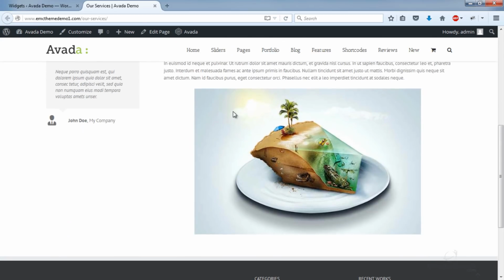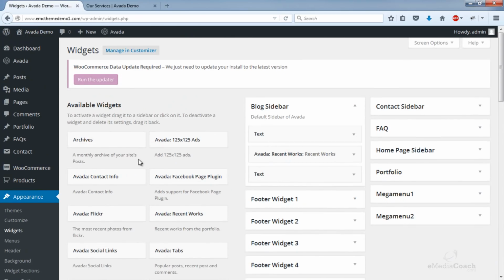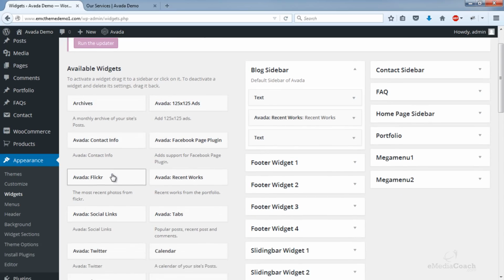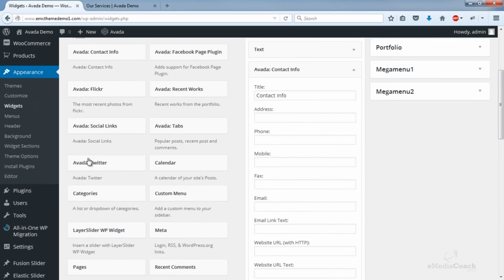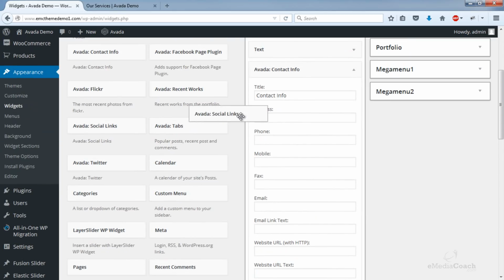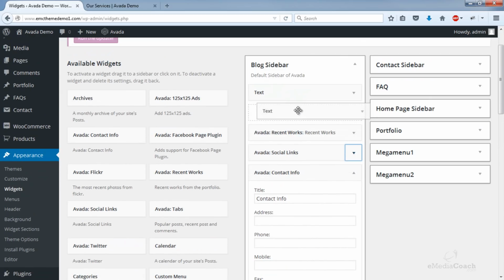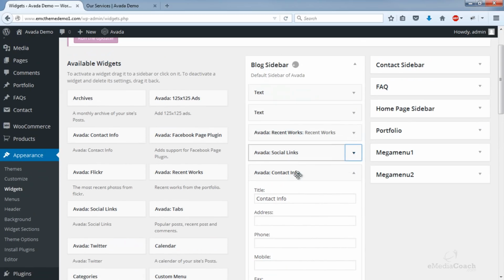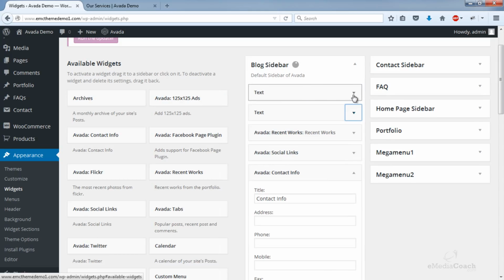So here's what it looks like now. And if you wanted to add anything back, say for example you wanted to add the contact info on any sidebar or your blog sidebar, all you do is drag and drop this contact info into this area here. Now, if you look around, you'll notice that there are a lot of different things you can do. You can add some social links, drag and drop. And the order in which they appear are dictated by where they appear in this configuration. So you can drag and drop like I'm doing here to change the order in which all these things appear in your sidebar.